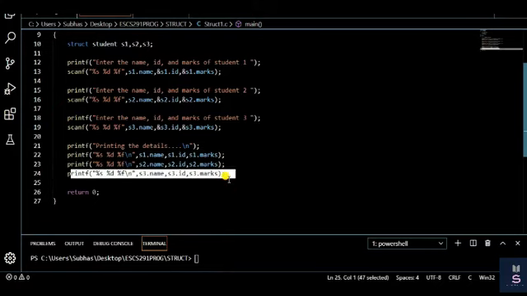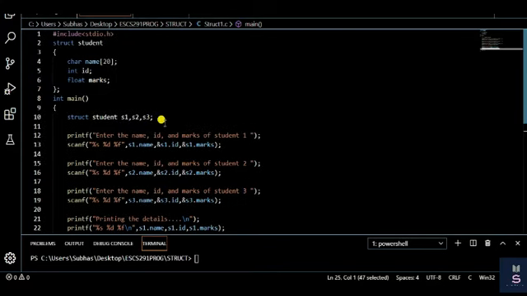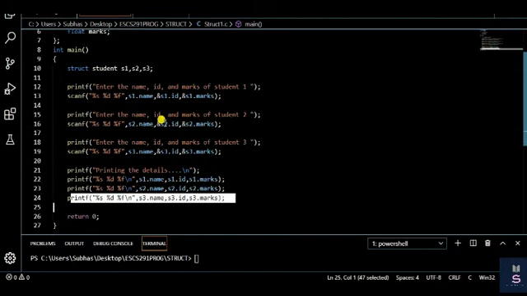So in this example we can see how to take input from the user to store values in the structure variables s1, s2 and s3. There are three structure variables. That means in this example I am going to store the records of three students, right?